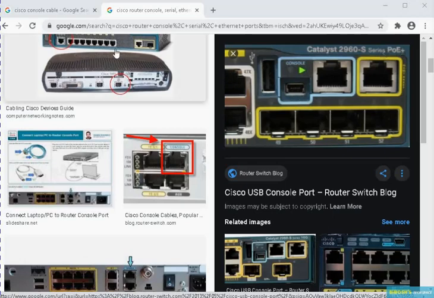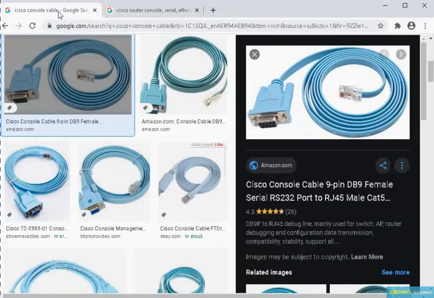On the other end, we need to connect our PC. So we can use the console cable to connect the PC. You can see the console cable in this picture. This RJ45 interface will go to the router, and the DB9 will go to the PC. Earlier the PC had a serial port, so we could directly connect.